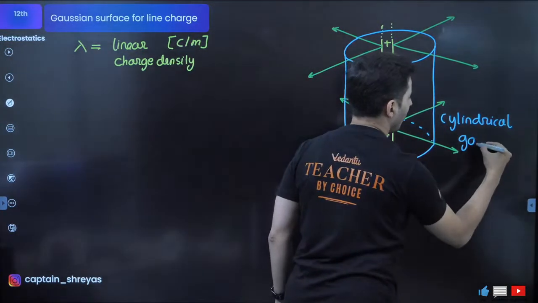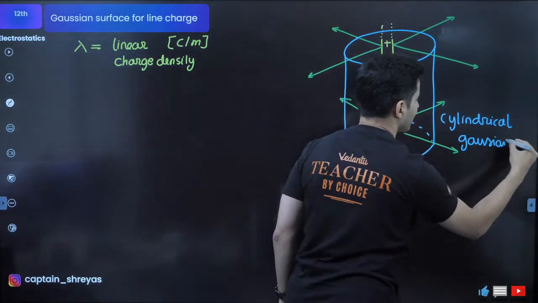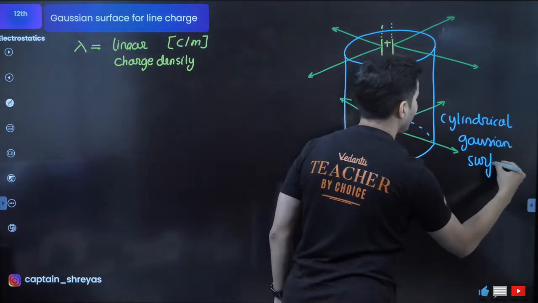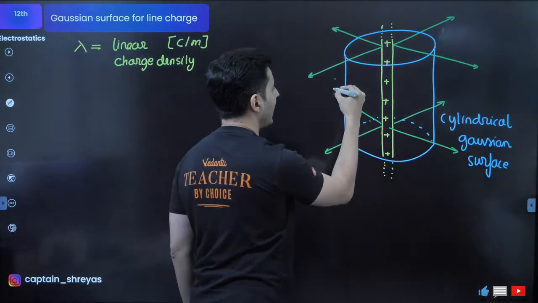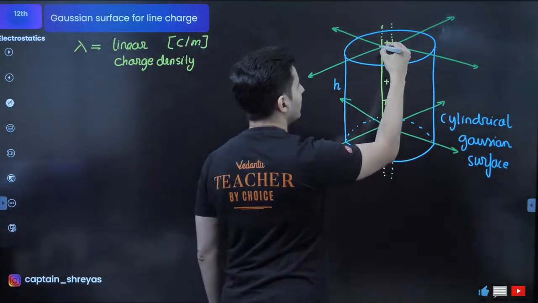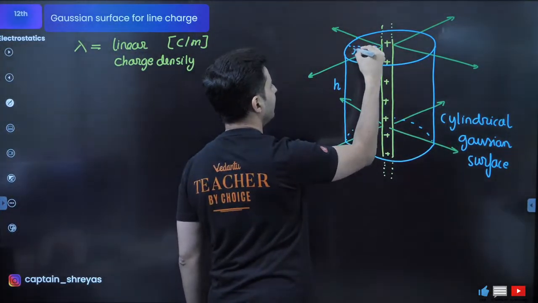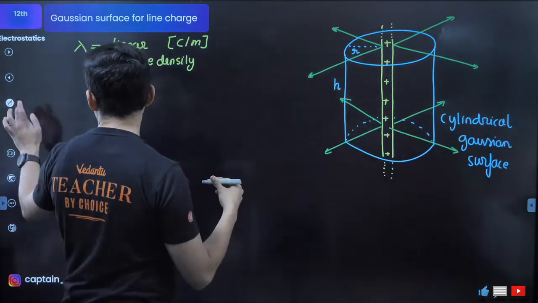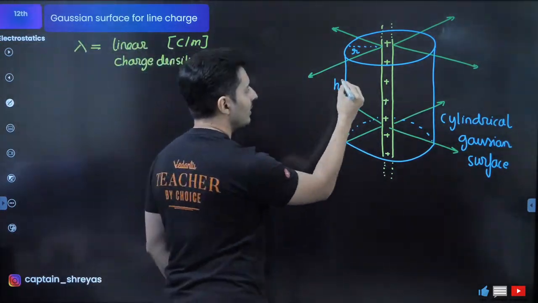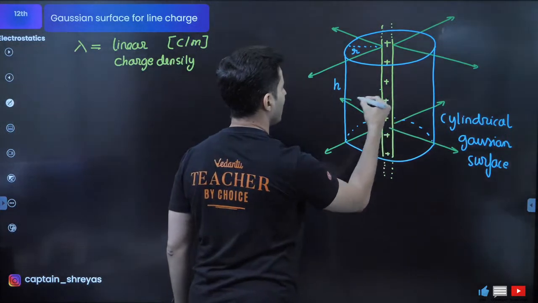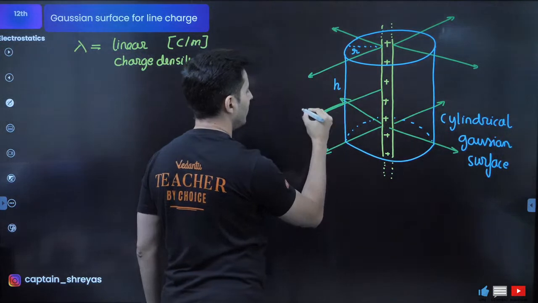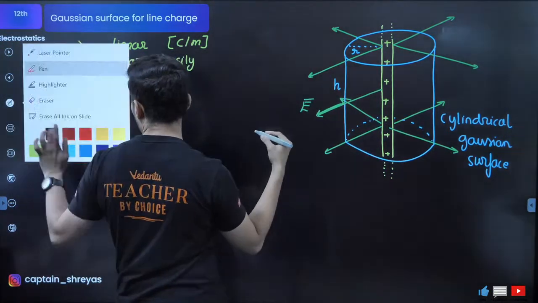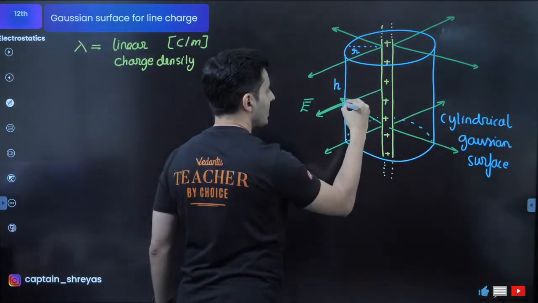Cylindrical Gaussian surface. Now in this cylindrical Gaussian surface, let's assume the height to be h. Let's assume the distance at which you want to find the field is r. At any point on that Gaussian surface, let's say you take over here, there is some kind of electric field E, and at that point there is also some area vector